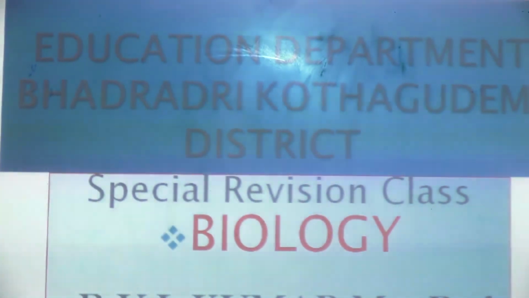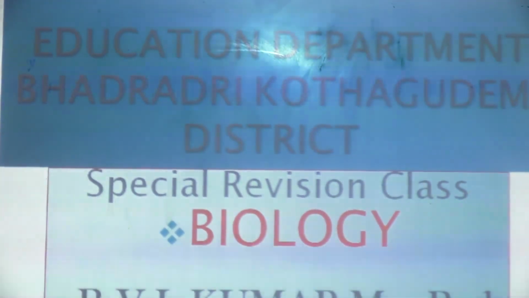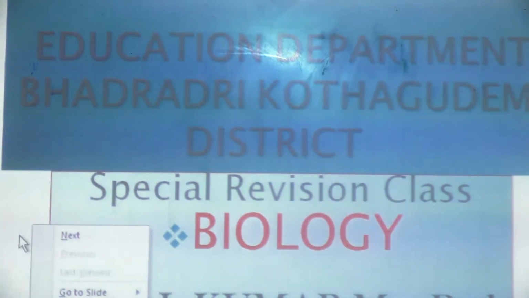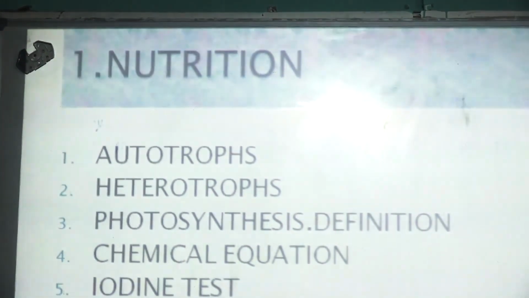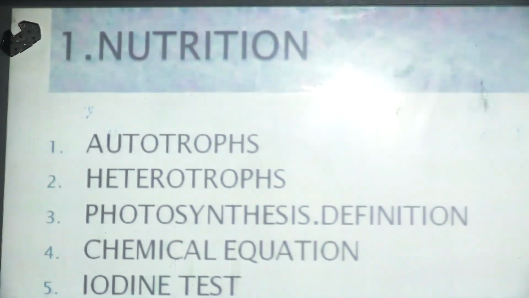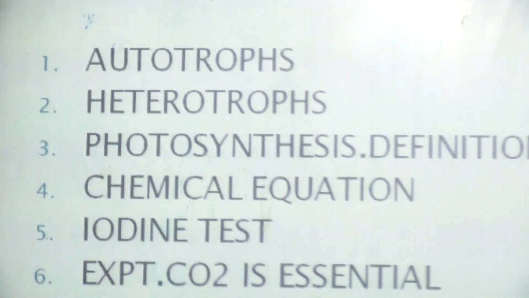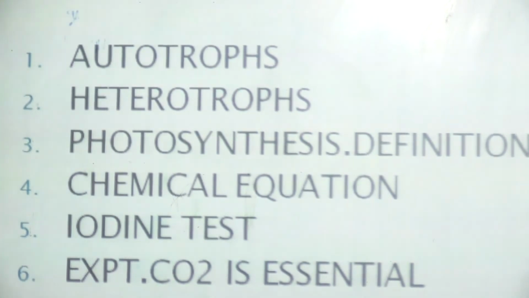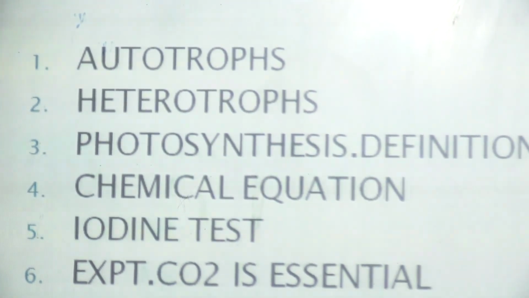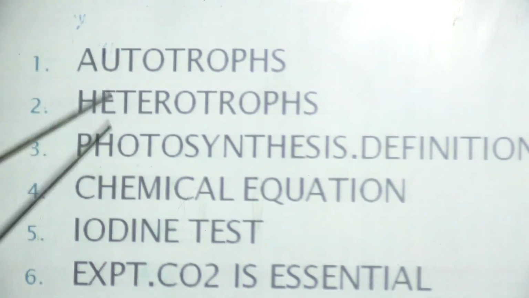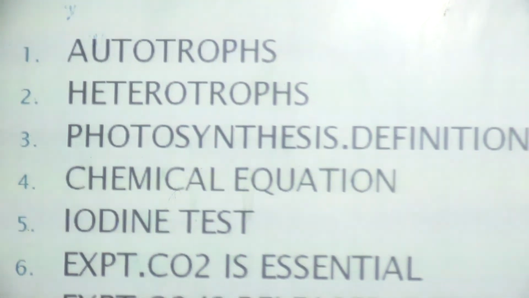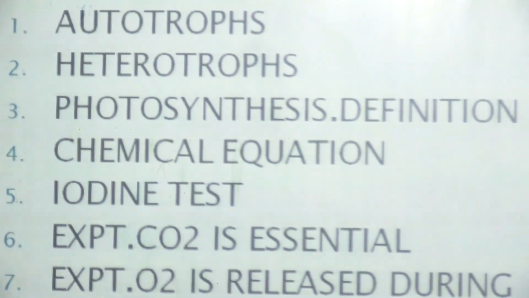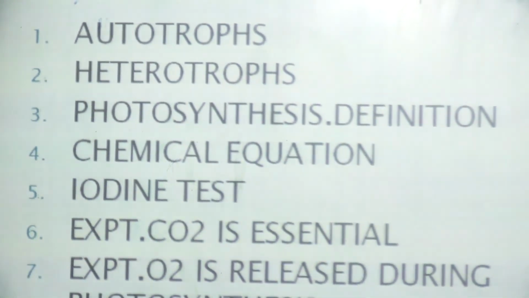Okay, let us take the first unit. The first unit is nutrition. In this concept, we will go page wise. This is called page wise preparation. By means of this, you won't lose any concepts. Let me take autotrophs and heterotrophs. What are autotrophs and what are heterotrophs, and what are the differences between autotrophs and heterotrophs, and then